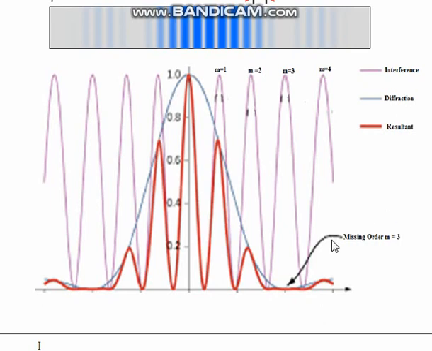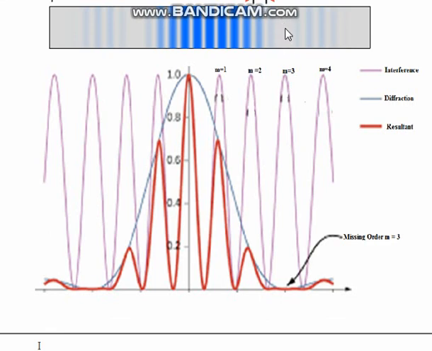There is another very important piece of physics related to the missing order. What are the conditions for the missing order? We will discuss that in the next video lesson. Okay, so I think you can understand the effect. You can compare the 2 graphs. Here is the maximum intensity at the center, this is the actual pattern. So this is the missing order at this point on the screen.